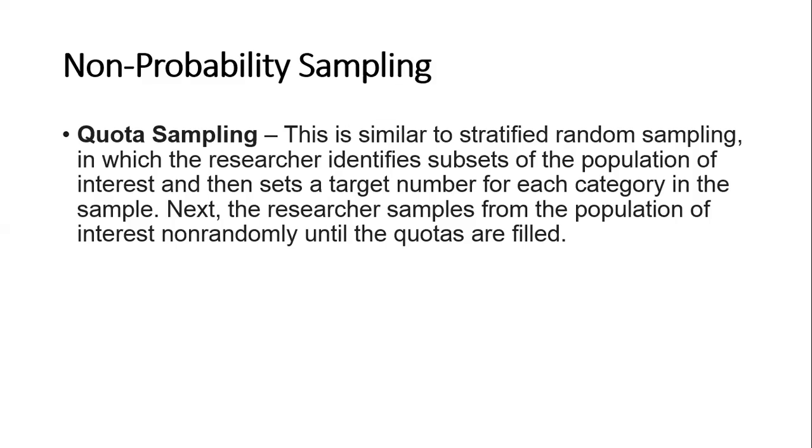Quota sampling is similar to stratified random sampling, in which the researcher identifies a subset of the population of interest and then sets a target number for each category in the sample. Next, the researcher samples from the population